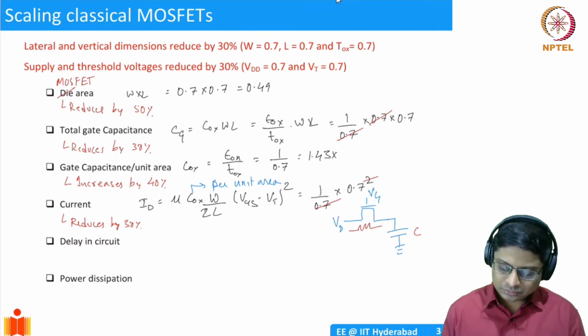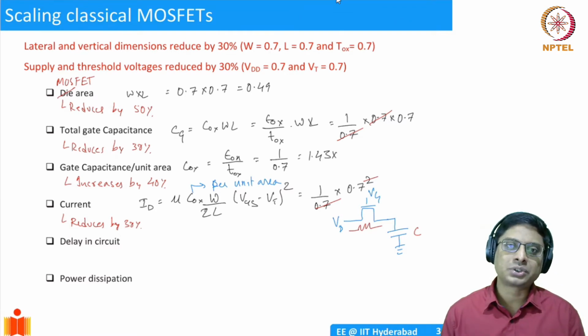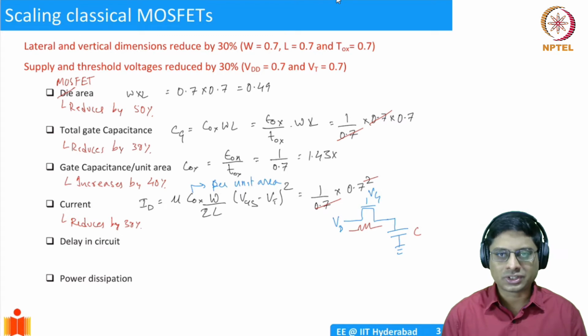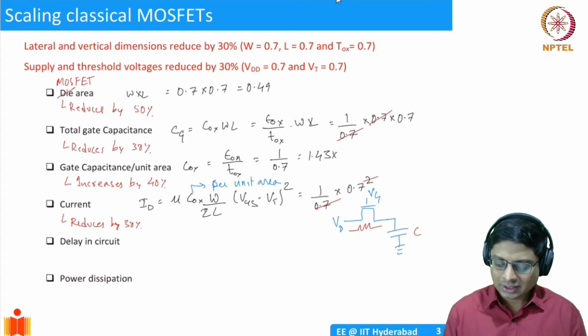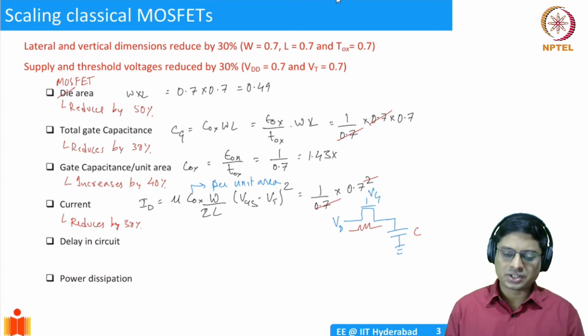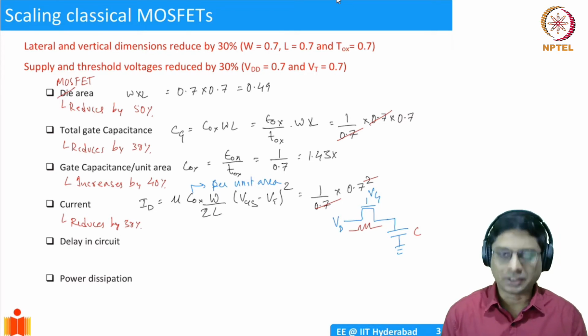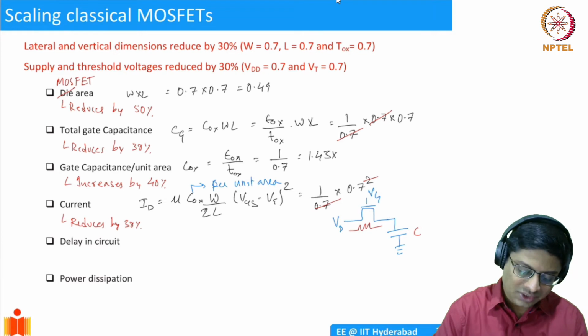So what is the time it takes to charge a capacitor in an RC network? Well, essentially, it's going to depend on the time constant RC. And in this case, let's say I want to charge it to a certain voltage V, and I know that the MOSFET is contributing a current I. So the time to charge the capacitor will simply be,